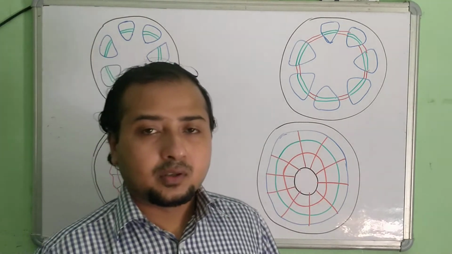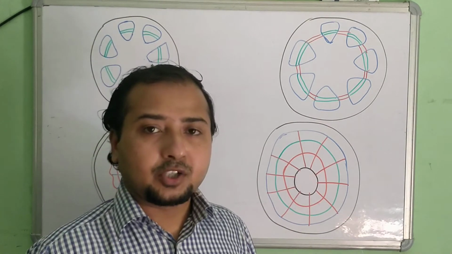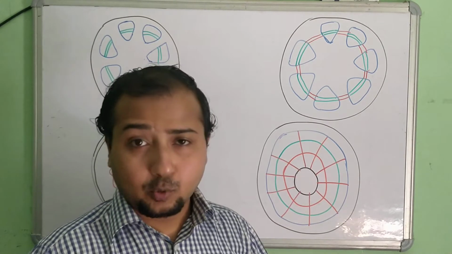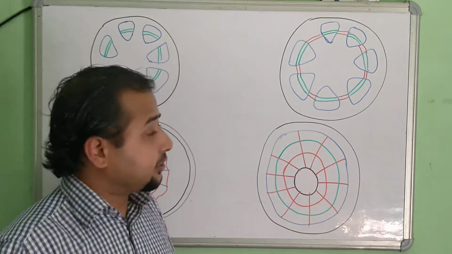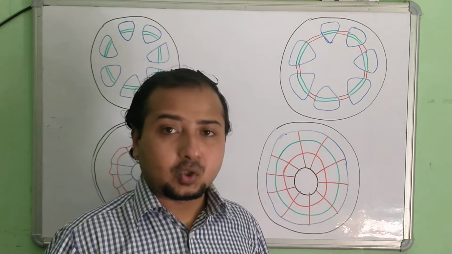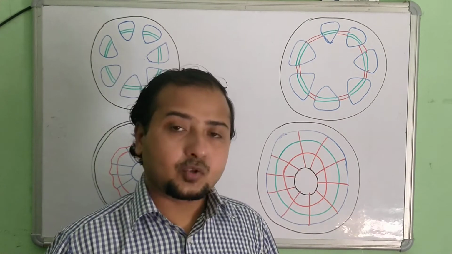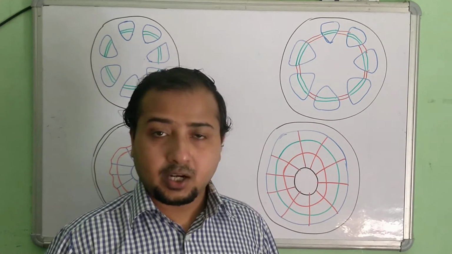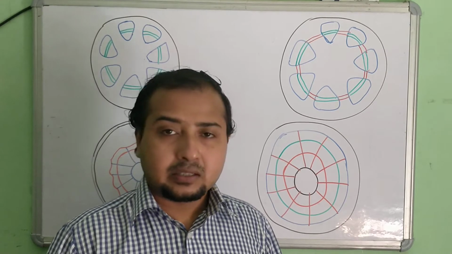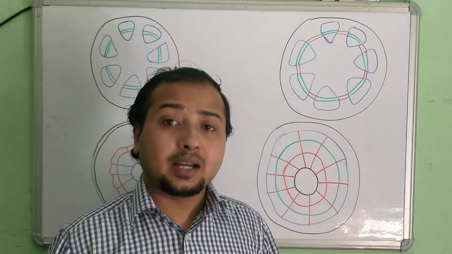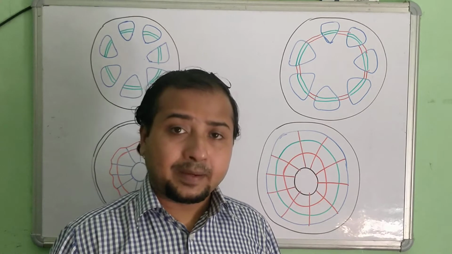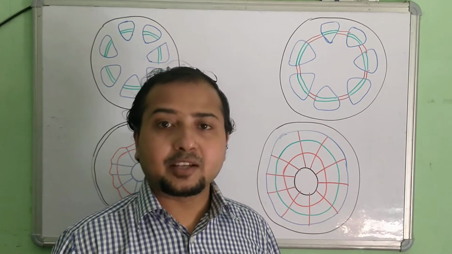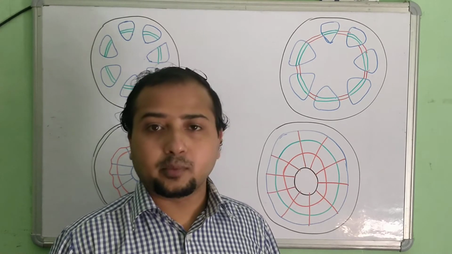Hello students. In this video I am continuing with the second part of our discussion on the anatomy chapter. This is where we are going to discuss secondary growth in plants. Mainly, we know that secondary growth takes place in dicot plants, not in monocot plants. It is related to the lateral meristematic tissues, which are mainly responsible for the lateral growth of the plant.